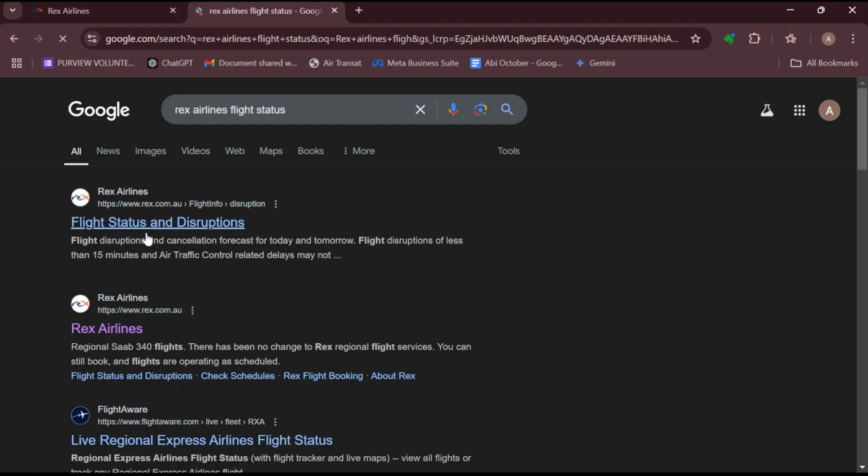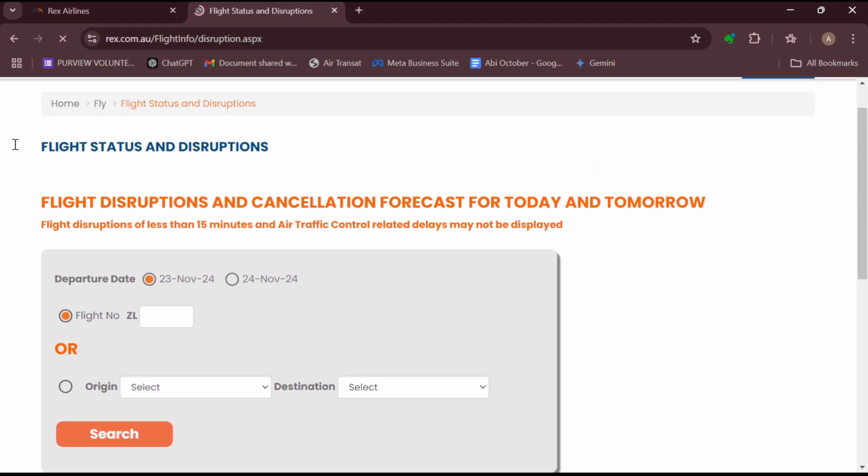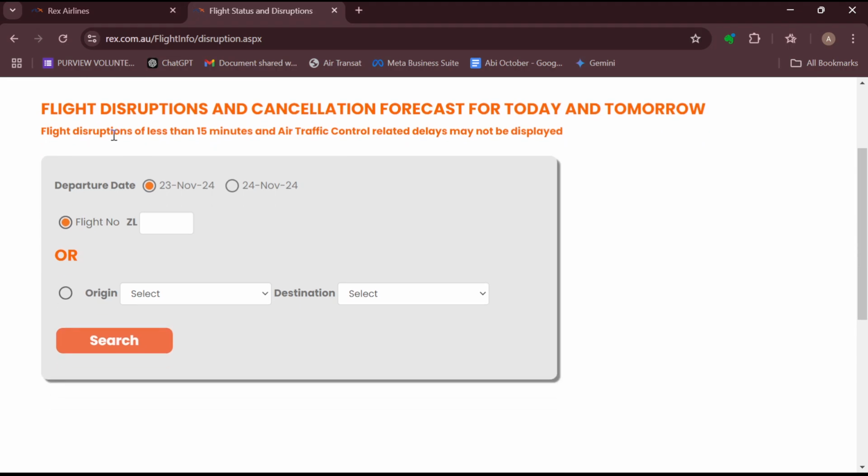So when you type that, you can see a page where you see a number of blog posts. So select flight status and disruptions and you'll be taken to this page automatically. So on this stage, you can see flight status and disruption, flight disruption and cancellation forecaster for your today and tomorrow, the likes. And then the next step will be for you to scroll down, select your departure date, okay,